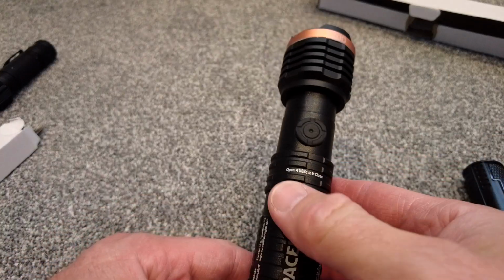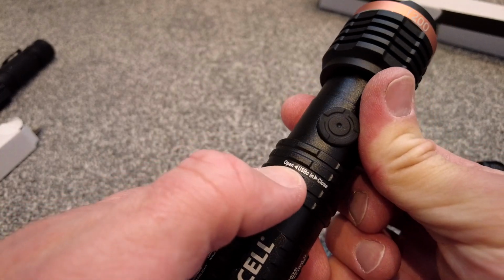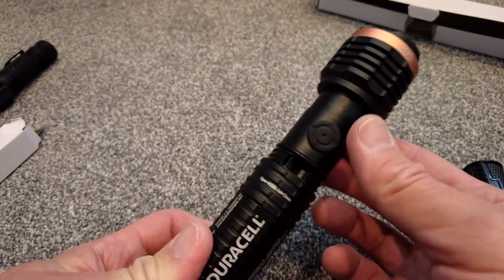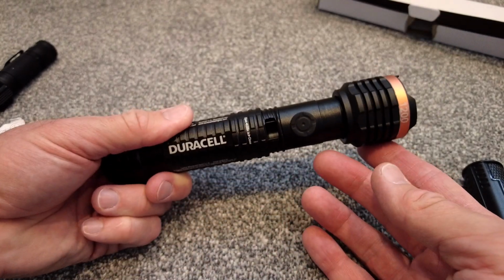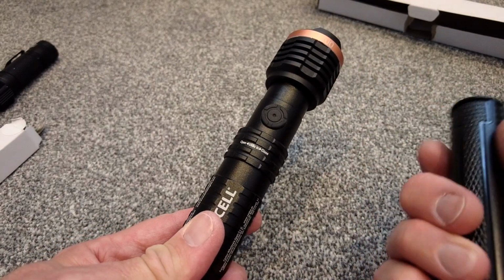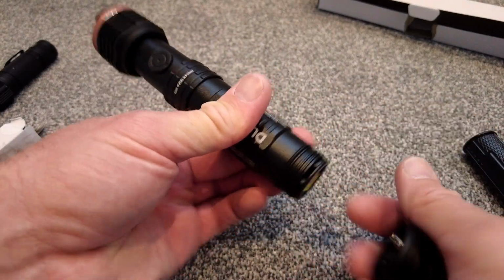Ah, hang on. What does this say? Open USB-C. What does that say there? Open USB-C in close. Oh, look. I see. That's quite neat. There's a screw thread here. And what that does is that will expose your... Let's have a look. Let's test it. That probably exposes your